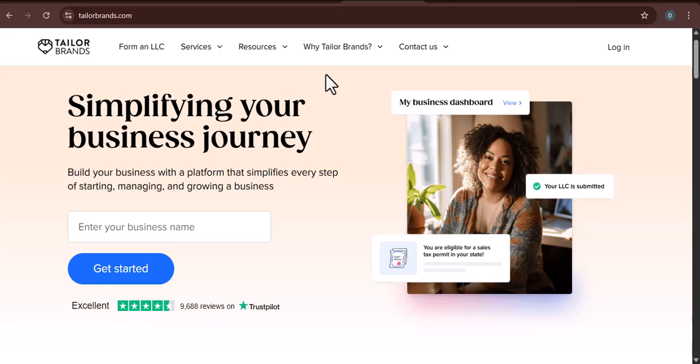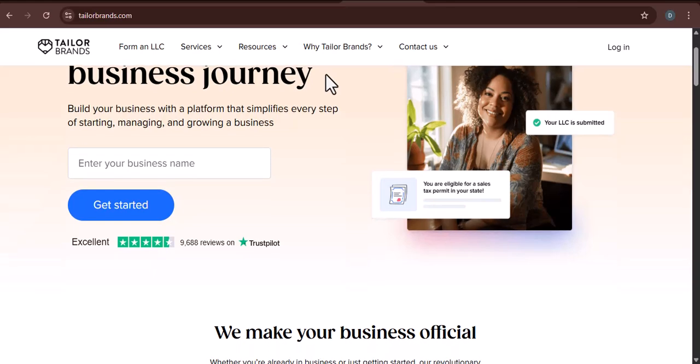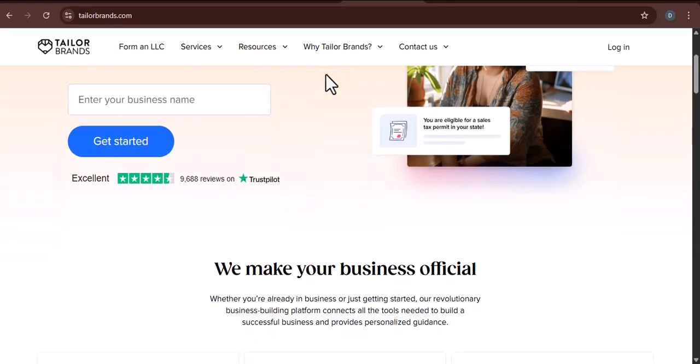If, at any point during this process, you encounter difficulties, or if you can't find the cancellation options as described, don't hesitate to contact Tailor Brands customer support. You can usually find their contact information, including email addresses or a contact form, on their website's Help Center, Support, or Contact Us pages. Provide them with your account details and clearly state your intention to cancel your subscription. Be persistent but